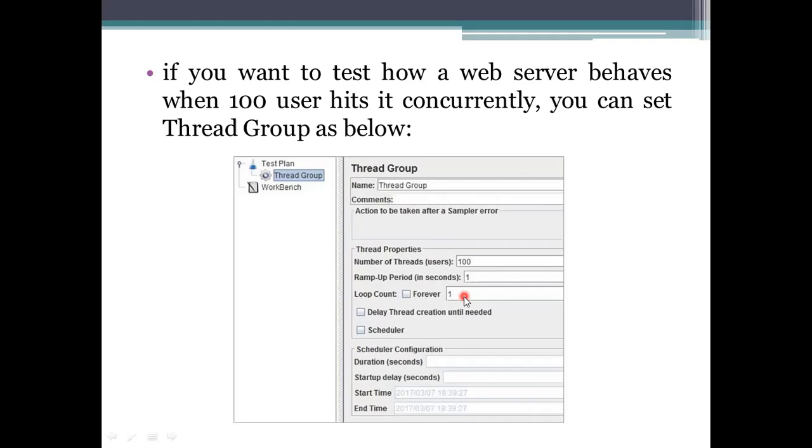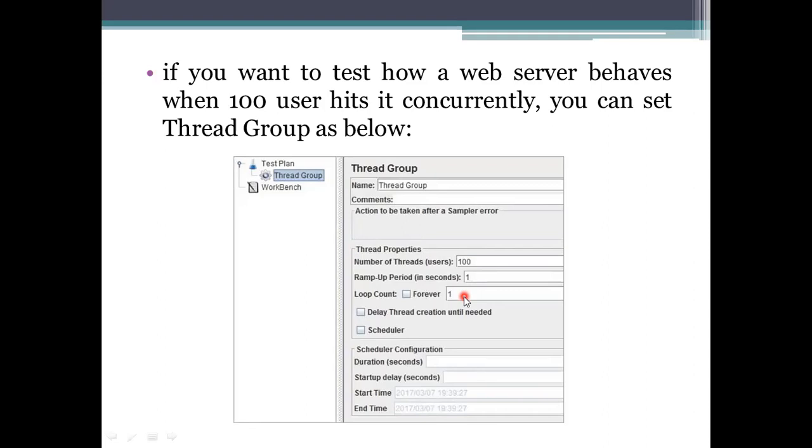Number of users means a list of 100 users will be there. And the ramp-up period means the time within which they are going to respond, which is 1. And the loop count here, I am giving only 1, which means for each and every user, you need to count how many times they are connecting to that system or the server.